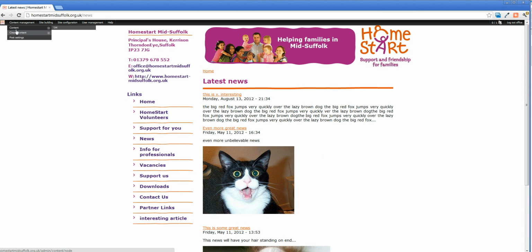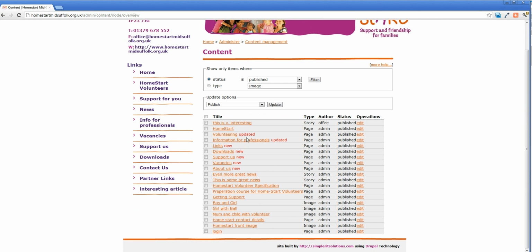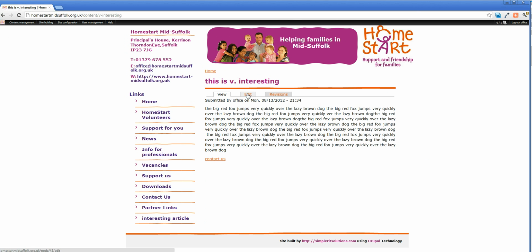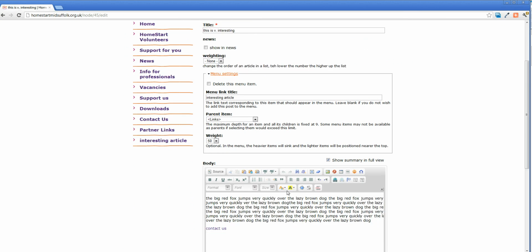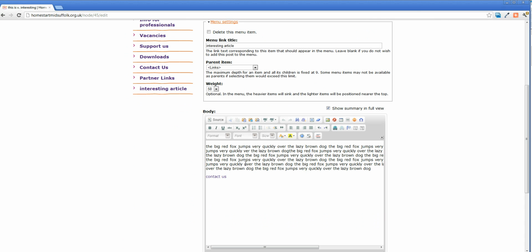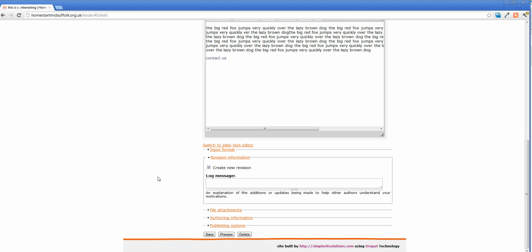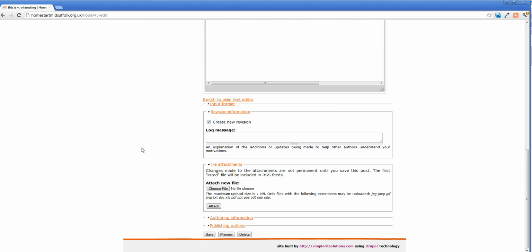The next part of this tutorial relates to attaching files. Let's go back to our test article again. Edit. Now let's say that we want to attach an article to a piece of content, a document, text. It doesn't actually matter too much what you want to attach, but if you want to attach it to this piece of content, we have a file attachment dialog down the bottom. So click choose file